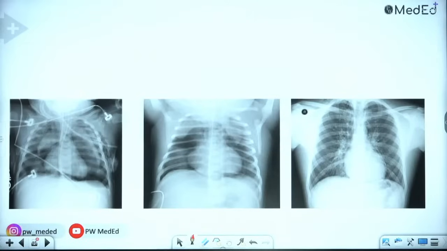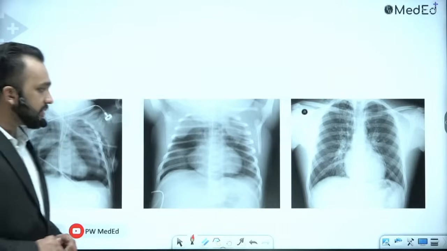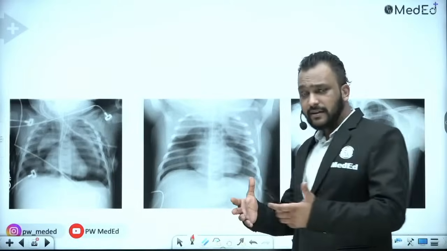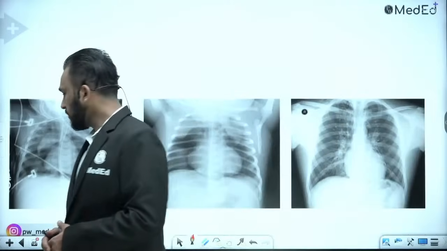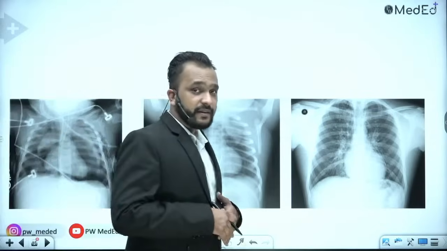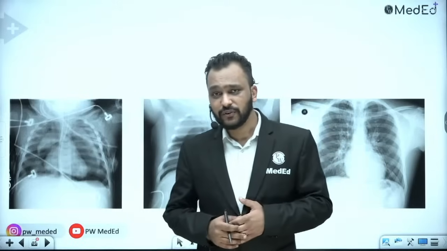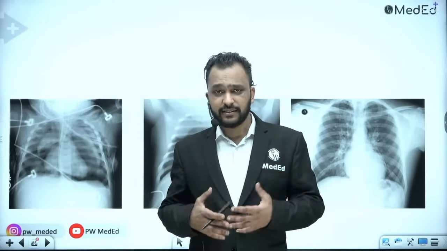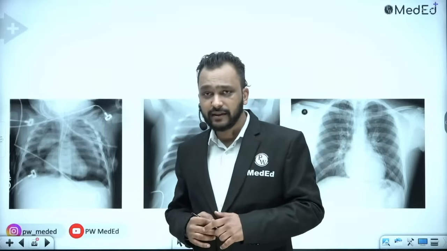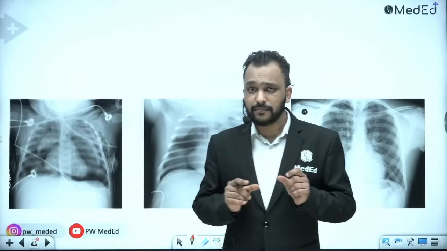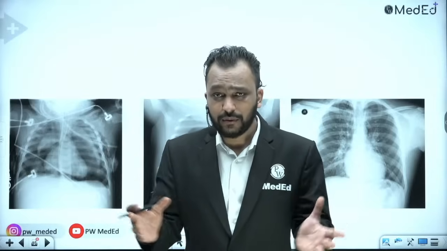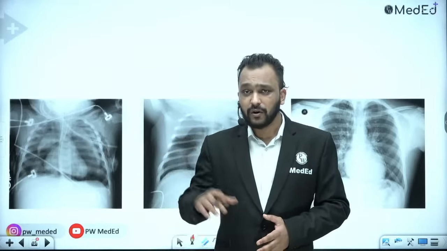Now looking at the signs of pneumomediastinum. When air collects in the mediastinum, we call it pneumomediastinum. What is present in the mediastinum? You have the branches of the arch of aorta, you have the heart, and the pulmonary arteries. Air is black, air is radiolucent, so this radiolucent air is going to surround the organs of the mediastinum, and accordingly you will have